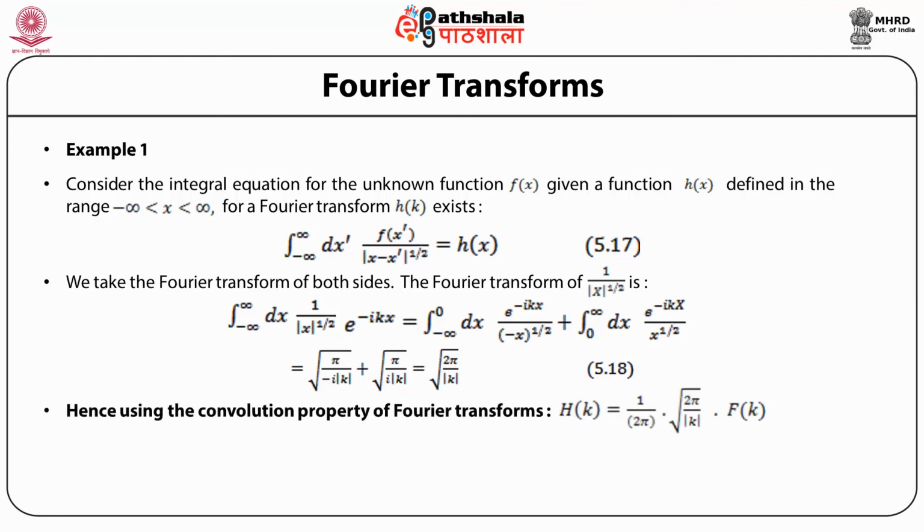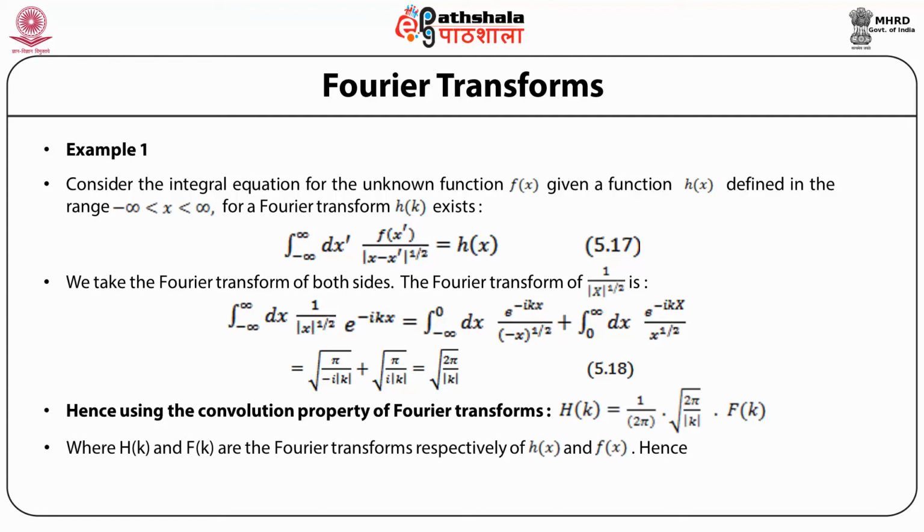Hence, using the convolution property of Fourier transforms, the Fourier transform of h of x, capital H of k, is equal to 1 upon 2 pi square root of 2 pi by mod k into the Fourier transform of f of x, that is f of k, where H(k) and f(k) are the Fourier transforms respectively of h(x) and f(x). Hence now,